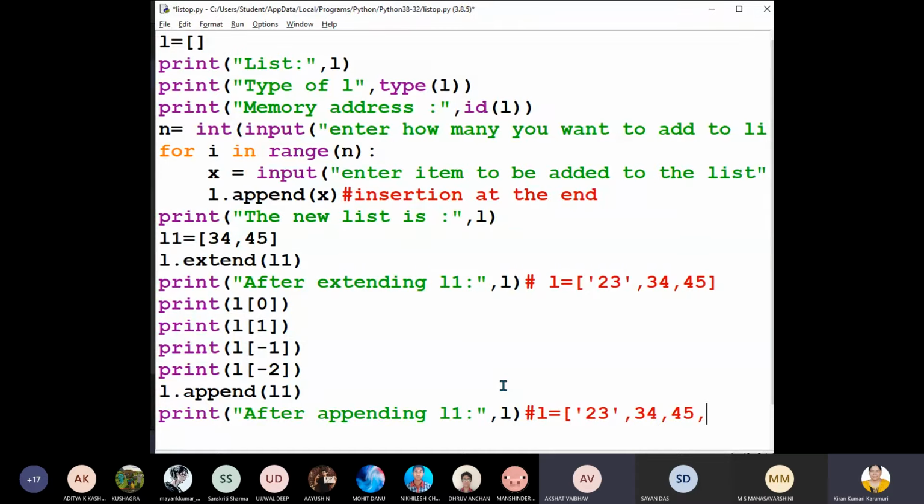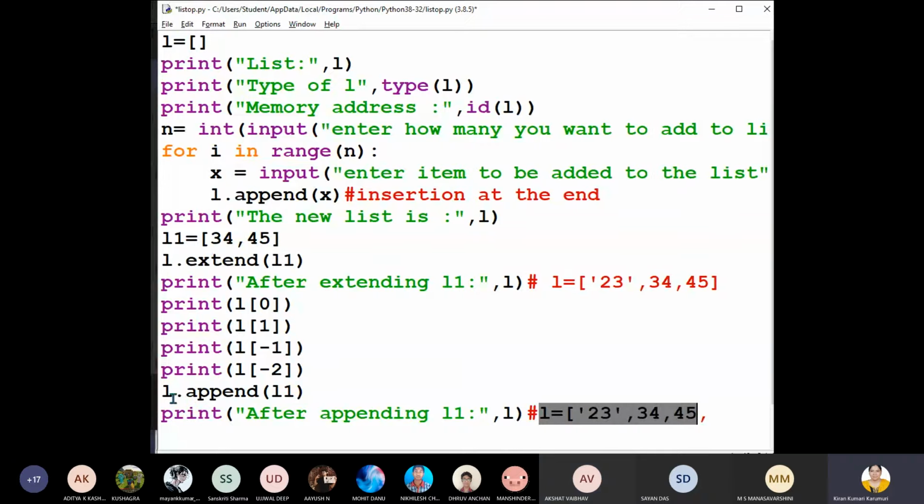Yes, ma'am. So now L dot append L1. So now what will be written here? What should I write? L equal to. This much is correct, no? Then what should I write after this list? You are appending to L, no, what are you appending? You are appending L to L. What am I adding to L?